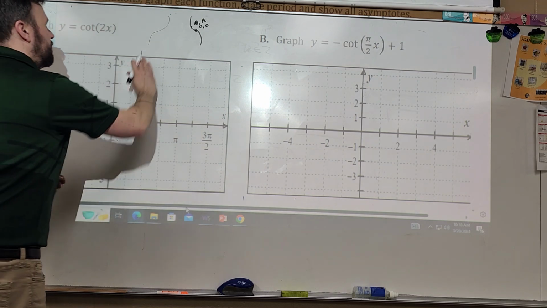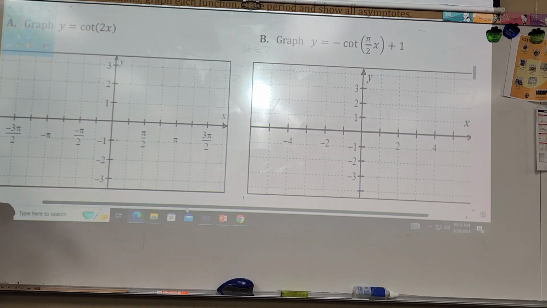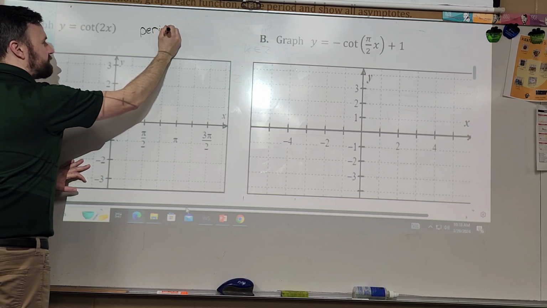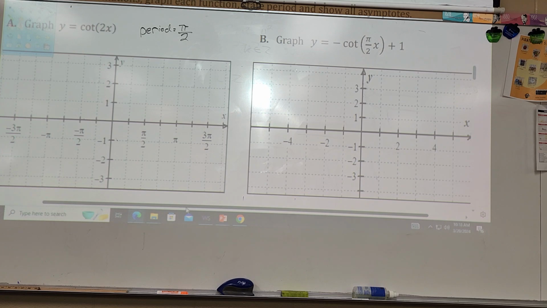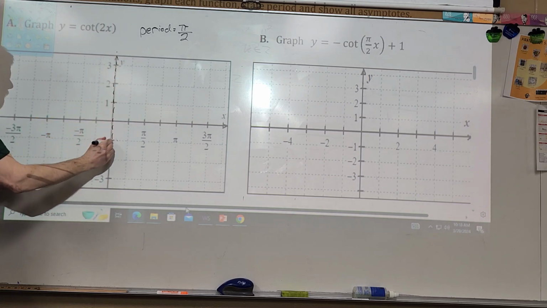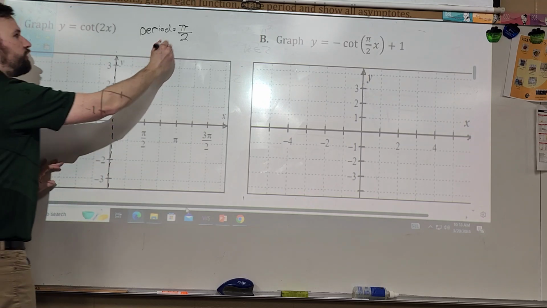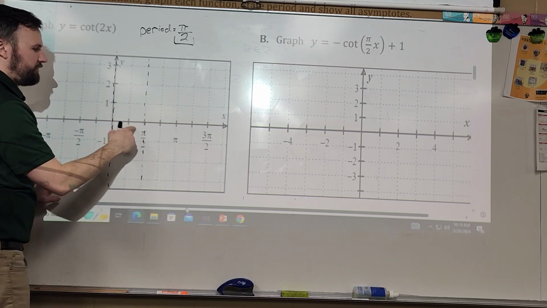All right. Does this have a phase shift in it? No. Does it have a vertical shift, up and down? No. What's my period going to be? Yeah, it's pi over 2. Because I don't have a shift, where's my first asymptote? I'm going to start with an asymptote. It's going to be at 0, right? I'm not moving it. Then where's my next asymptote going to be? Pi over 2, because I go over pi over 2. And the next one's going to be